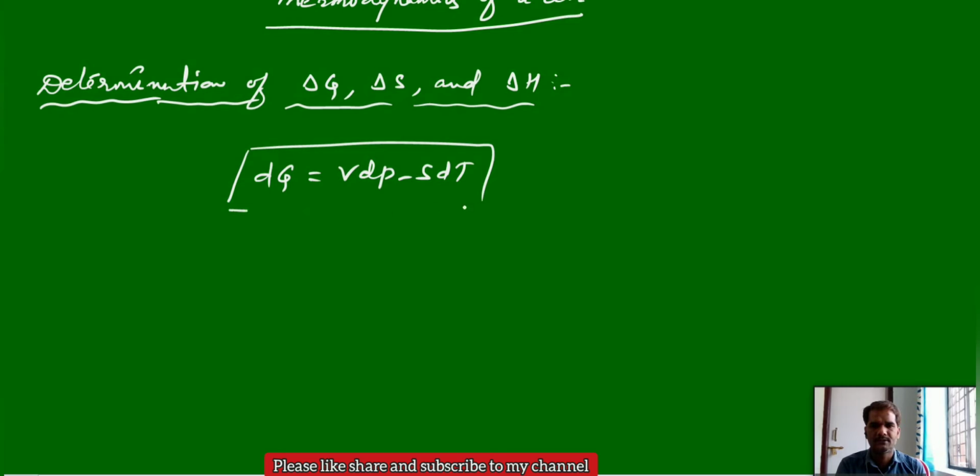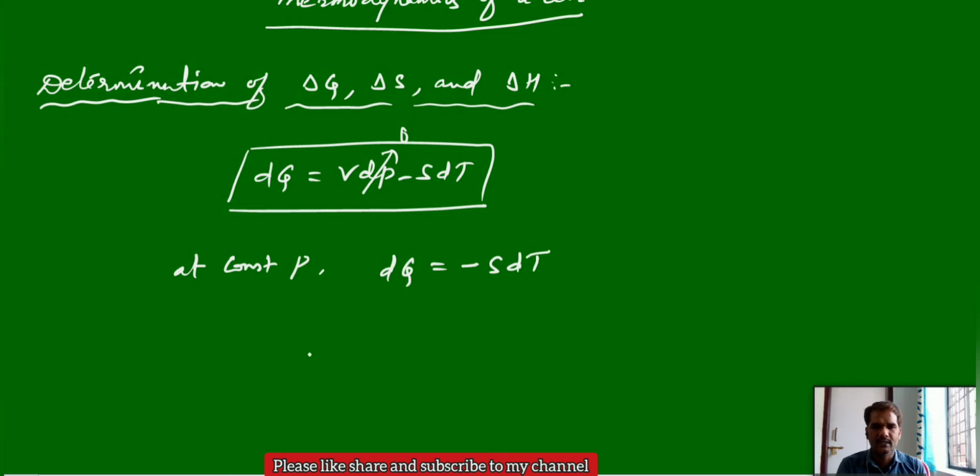one by one. According to thermodynamics, we know that for a reaction, Gibbs free energy change, dG is equals to VdP minus SdT. This is one reaction according to the thermodynamics, and you can convert this further at constant pressure. Constant pressure means the dP value is 0. You put the dP value 0 here, that will be converted into 0 minus SdT. From this, entropy S is equals to minus of dG by dT.